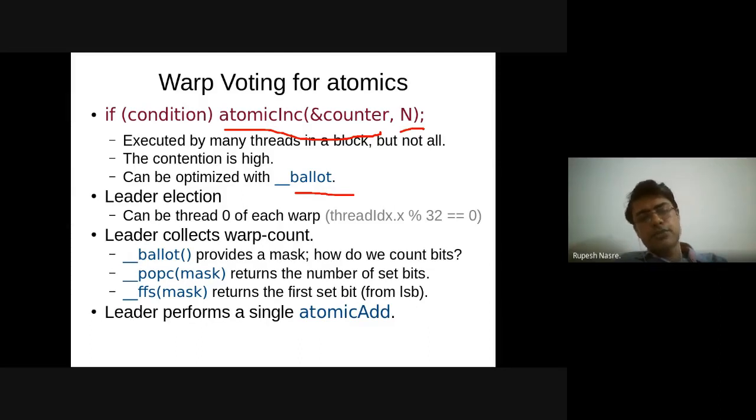So the leader is going to perform an atomic add. This also is an important point, that there are two atomic variations available to us. One is atomic increment, which is more fine-grained, and atomic add, which is coarse-grained. These are required when you are performing these hierarchical operations. So when you are operating at the thread level, atomic increment suffices. When you are operating at the warp level or thread block level or the GPU level, you are going to require a higher-level semantic or a coarse-grained function. In this case, it is atomic add.